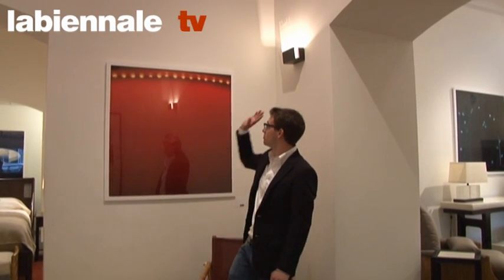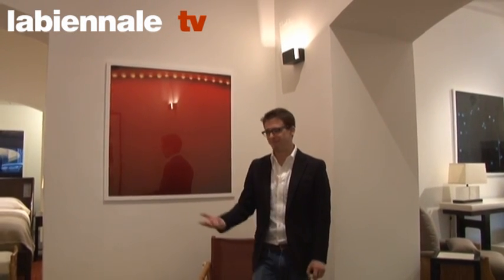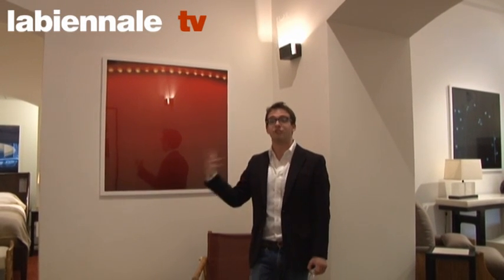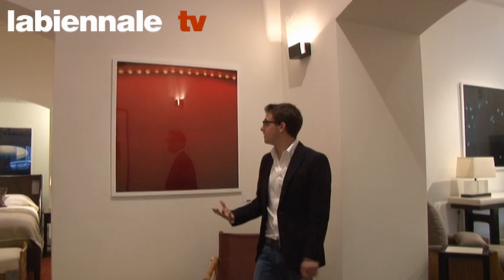There are rows and rows of these lights, and they kind of epitomize the idea of Broadway and this kind of show aesthetic, and there's a theatricality to it. A lot of my friends are actors and work in theater and in film, so the idea of having a piece that was so theatrical in the portfolio was really, really fun for me. Because theater, and documenting theater and being around theater, has been such a big part of my life